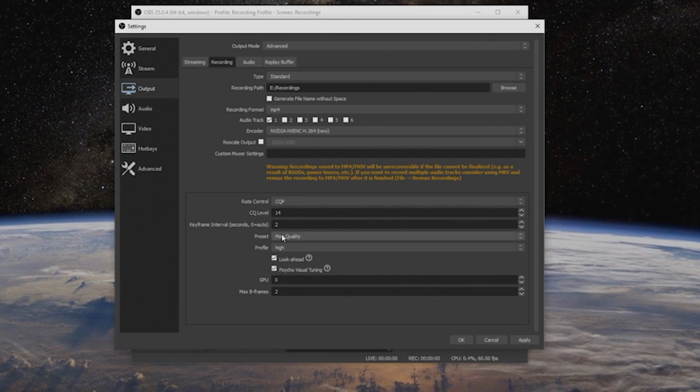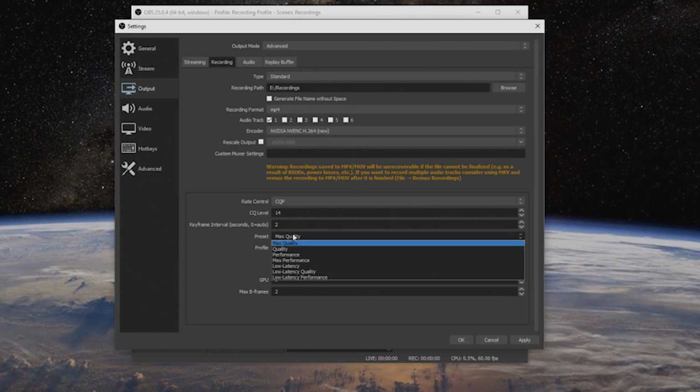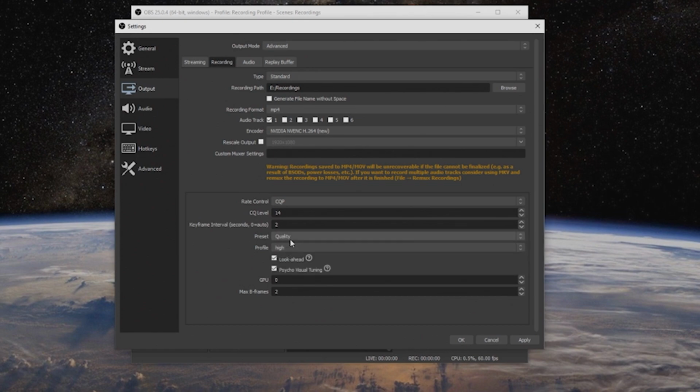When it comes to the preset, if you're running a top-end machine, of course, I want to get the highest quality possible. I'm going to set mine to max quality. However, leaving it at simple quality is more than okay. If you're running a normal machine and you want to make sure that you're not trying to overload your computer and then all of a sudden you're having to do several recordings and adjust several things, then by all means,